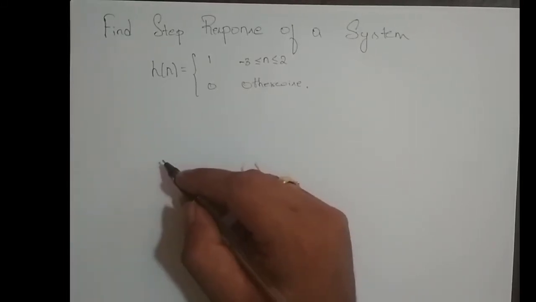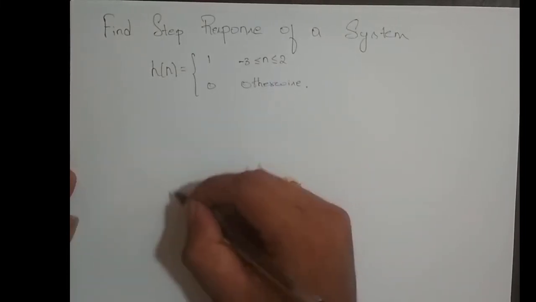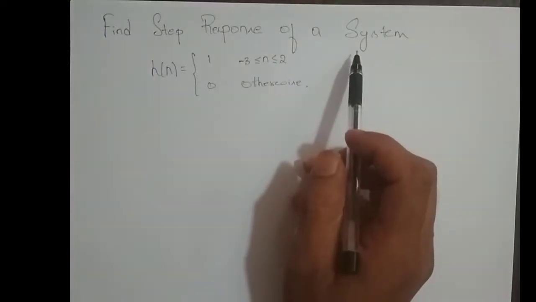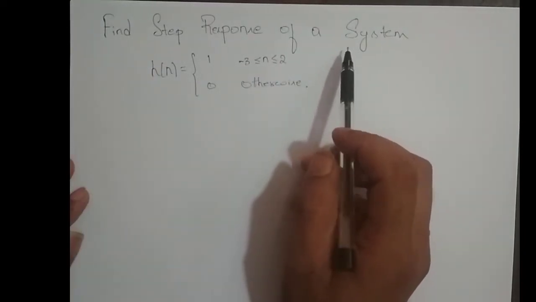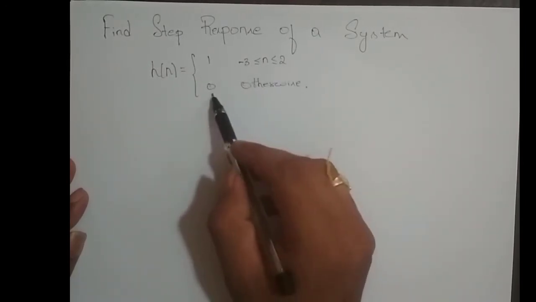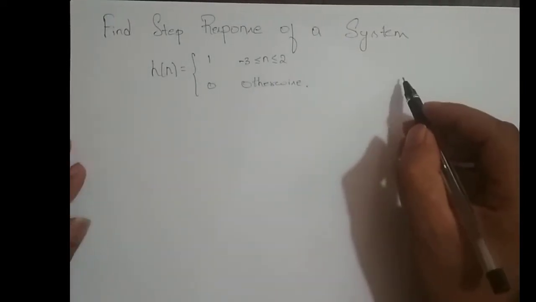Hey guys, we shall try to solve some problems on finding step response of a LTI system. So we have a problem here. Find step response of a system with impulse response h of n is 1 for n varying from -3 to 2 and equal to 0 otherwise. So